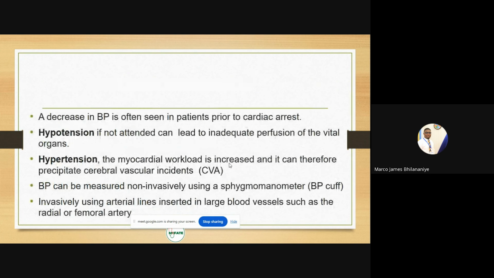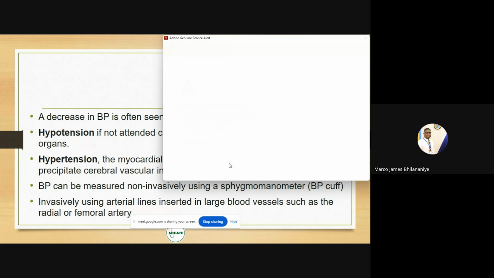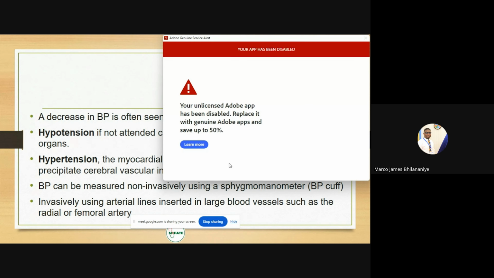Next slide. So this is some summary. Decrease in blood pressure is often seen in patients prior to cardiac arrest. Sometimes you find sudden cardiac arrest, but sudden cardiac arrest has its prior indications, whenever you are monitoring the patient correctly. So hypotension, if not attended to, can lead to hypoperfusion of the vital organs and even cardiac arrest,